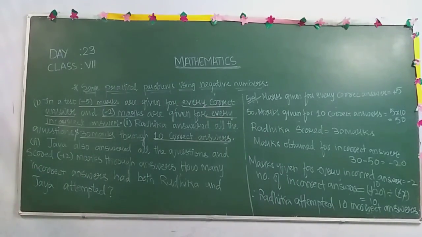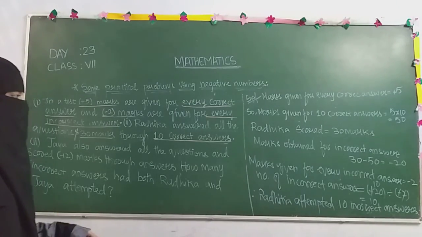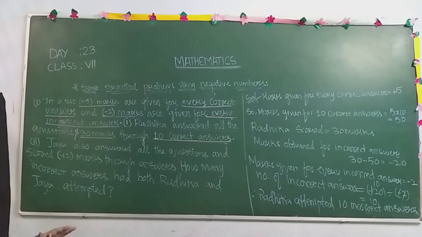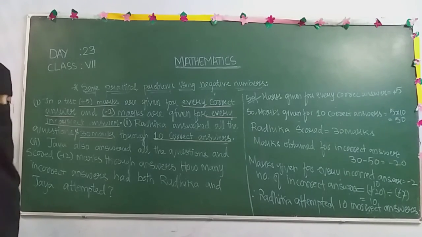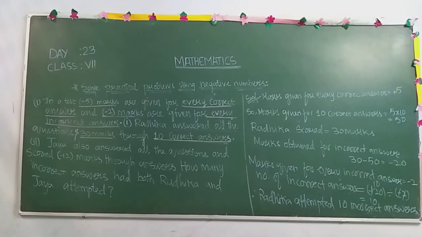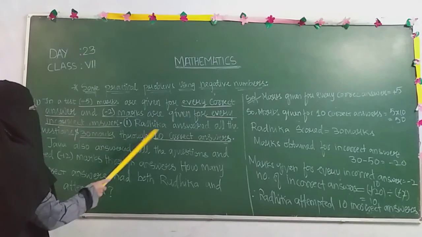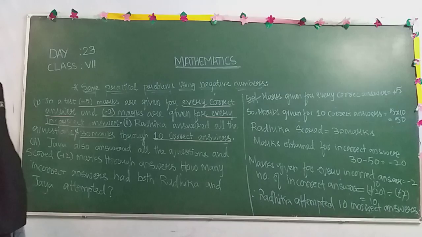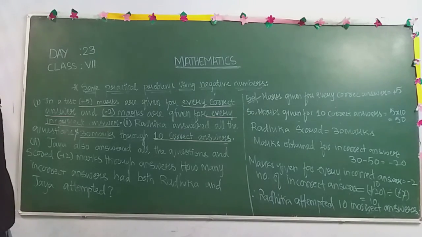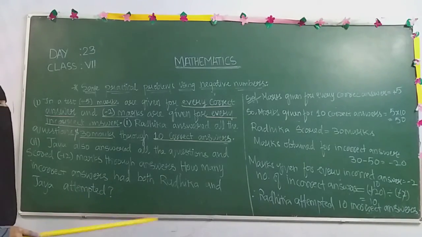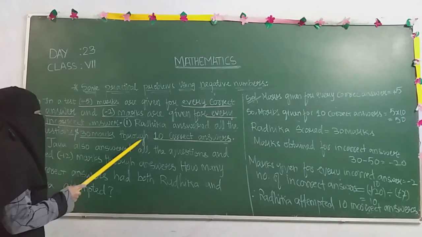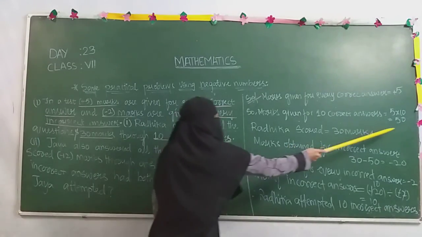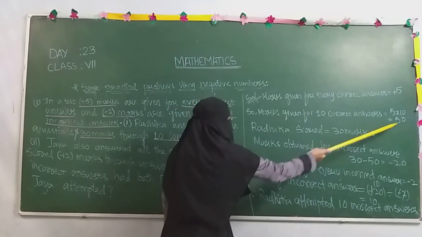Now, in a simple way I will say: the total questions were 20, but we don't know that from the information. We know that she scored 30 marks through 10 correct answers. We don't know how many incorrect she did, that we have calculated. So her total score is 30. It means actually she got 50 in total.